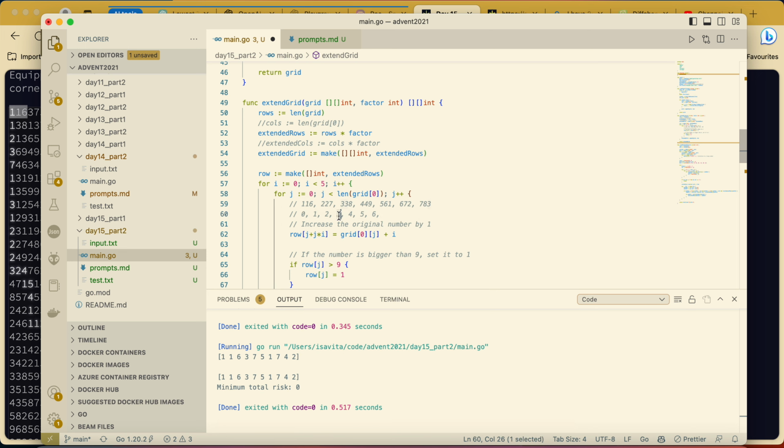Because how to get to 3? I will start here 1 and here again 0, how to make it to 3? Here I'm